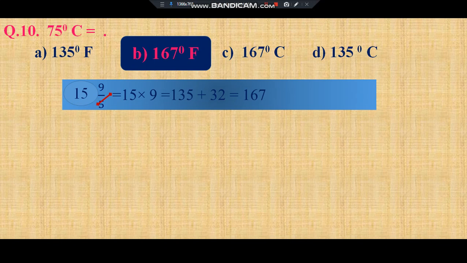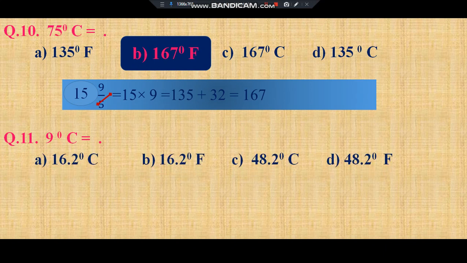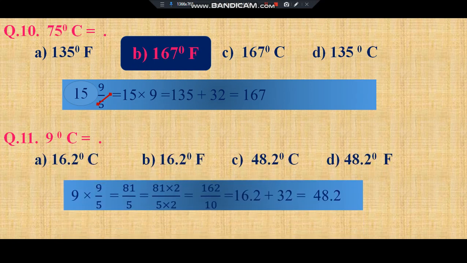Okay, let's see one more example. 9 degrees Celsius. So what do we do? First we multiply by 9 by 5. Nothing is cancelling, so the answer will be 81 by 5. Now to divide this, what have I done? I have multiplied both the numerator and denominator by 2. So I got